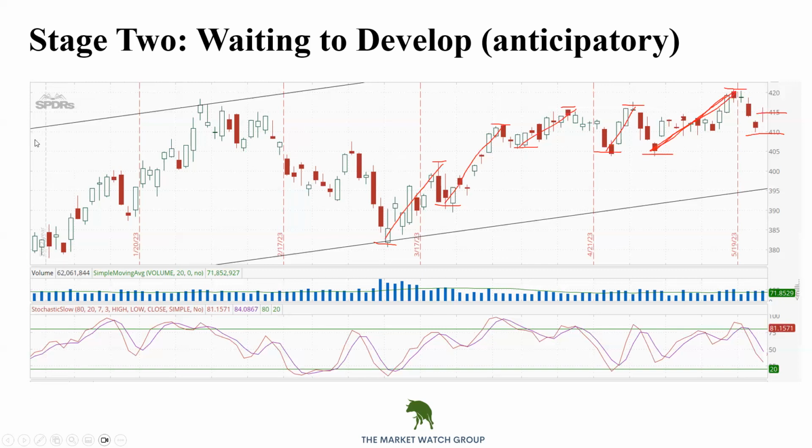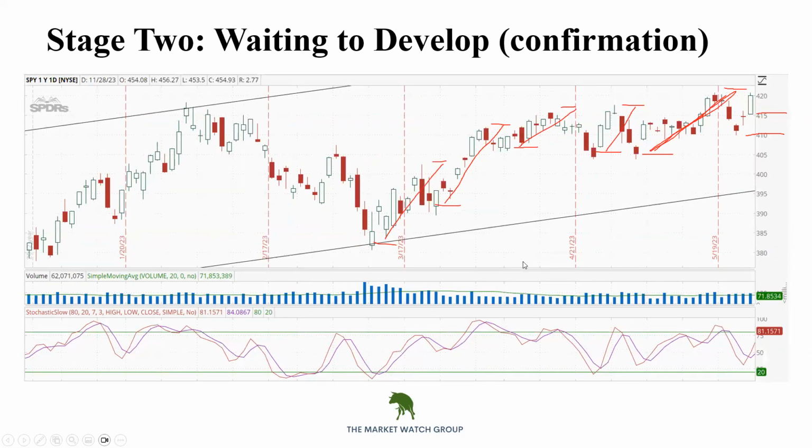What happens if I wait for confirmation? It looks like this. I might lose. You can see that could be now. Hopefully, if you were waiting for confirmation, you were looking for that confirmation early in the day. And hopefully, if you were waiting for that confirmation, you were able to pick this up at least in the first half. But these are the considerations you're going to see. Now, of course, we have confirmation down here. Of course we do. Look at that. Looks great.